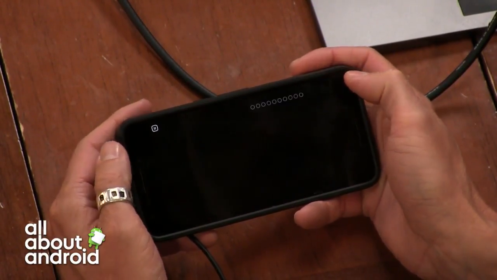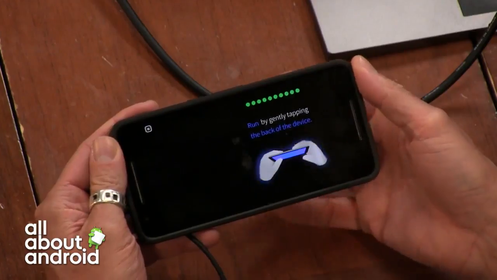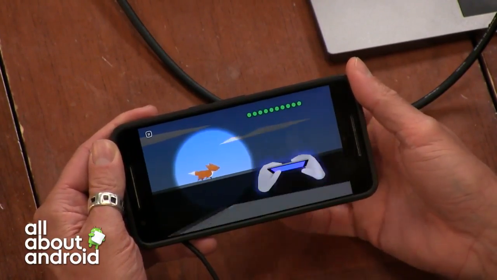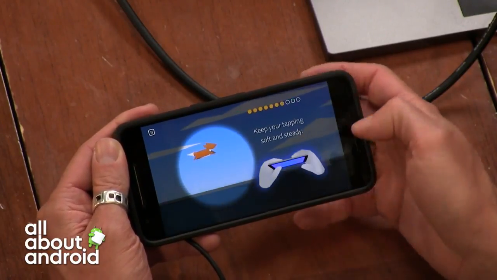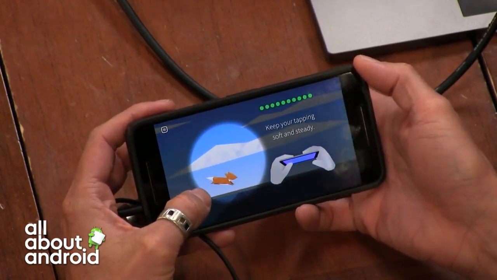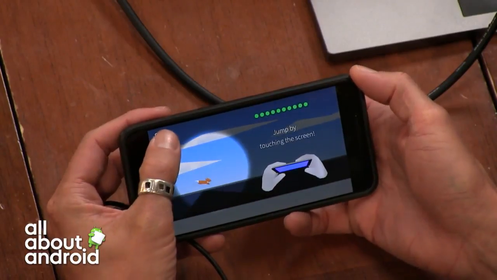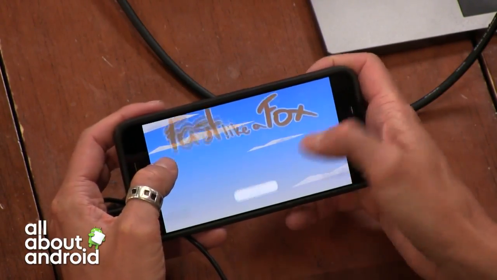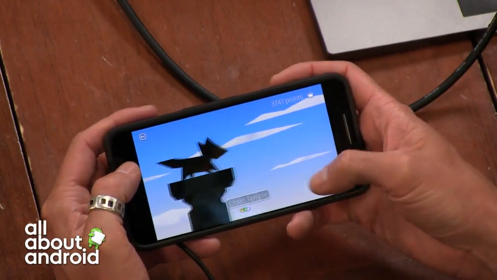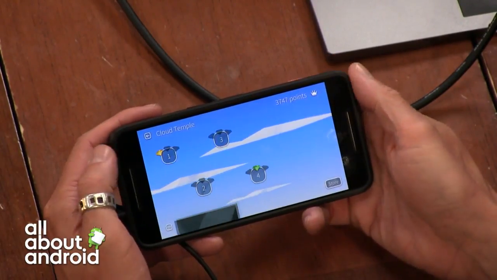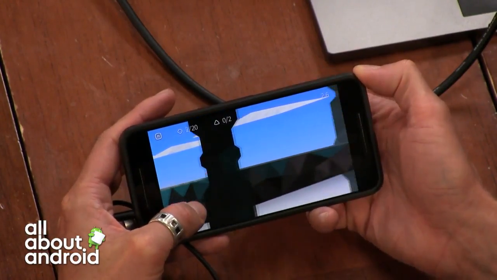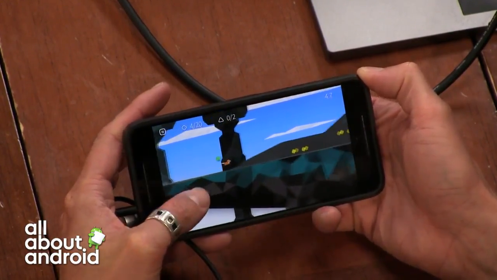But the reason I like this game is because I have absolute trouble with on-screen controls. And this guy lets you control it by tapping on the back of your phone. So it's motion controlled. The taps that you do, it's kind of like if you were playing with your fingers as legs, if that makes sense. You can tap on the back to make him run faster, or you can just tap in a slower motion to just let him walk.